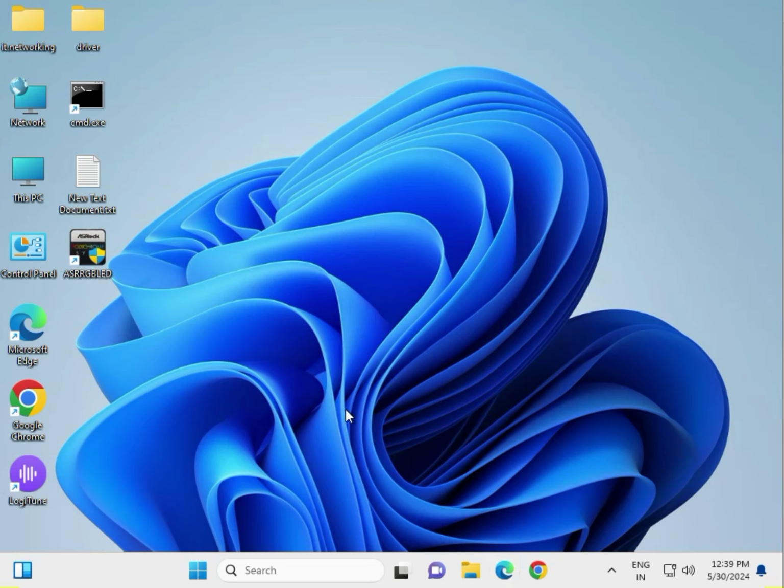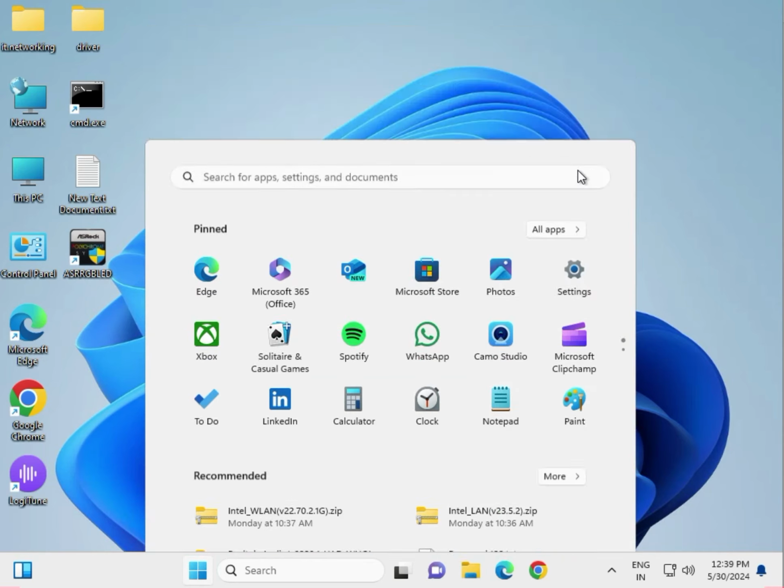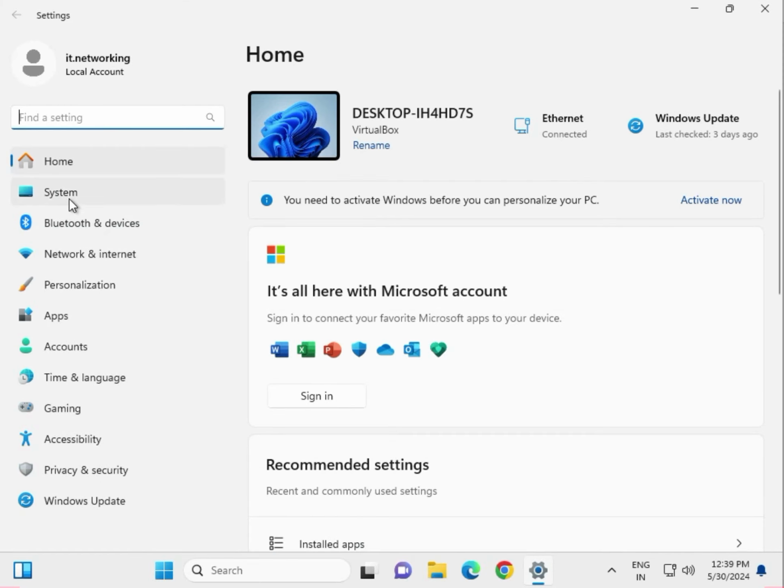So the first method is to run the Windows Update Troubleshooter. Click the Windows Start key, go to Settings, click on System,